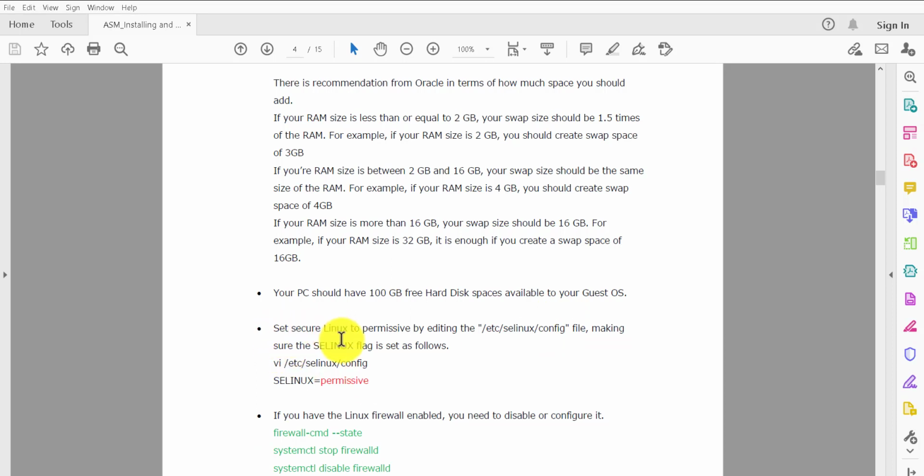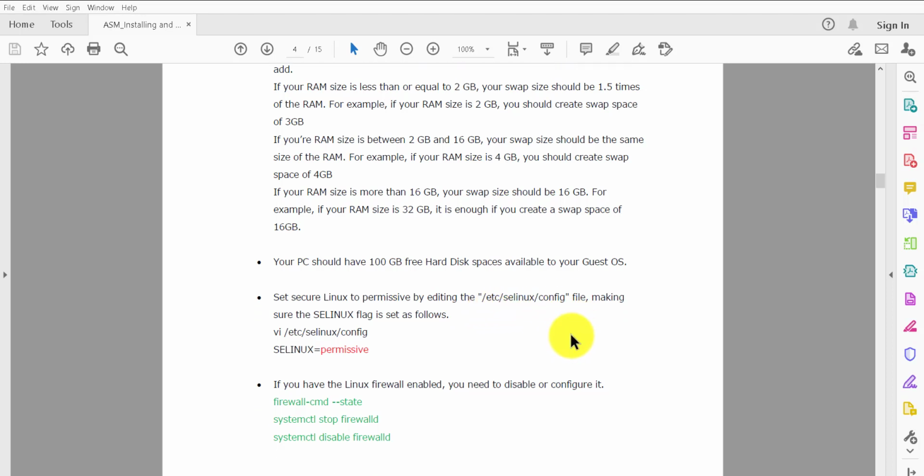Now, we need to set SELinux to permissive by editing the /etc/selinux/config file. Now we have to log in with the root user to your Linux machine. Alright,